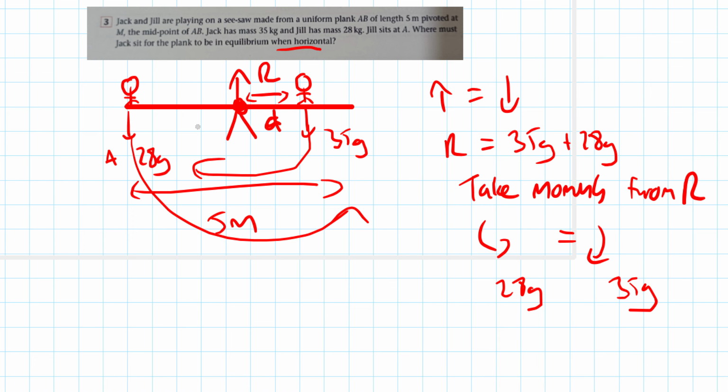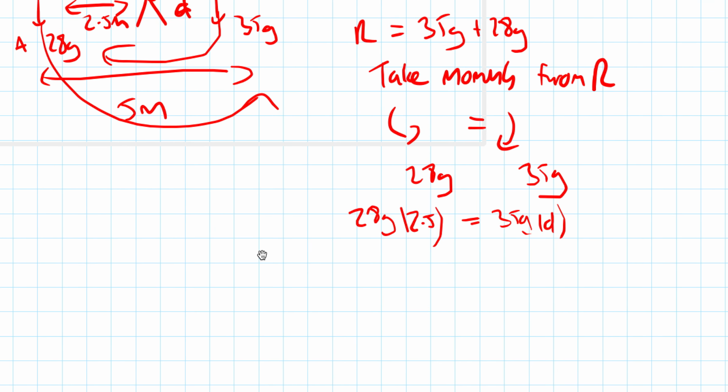Then we find the distances. The pivot point is halfway, so this is 2.5 meters. So it's going to be 28G times 2.5. And 35G is D meters away, so 35G times D. And then from here we just plug in our numbers. So it's going to be 28 times 2.5, which is 70. So 70G is equal to